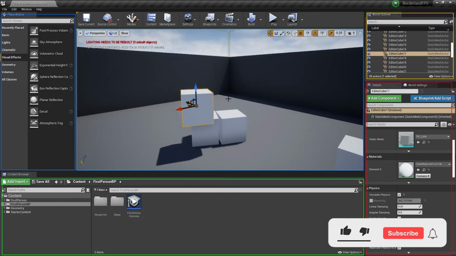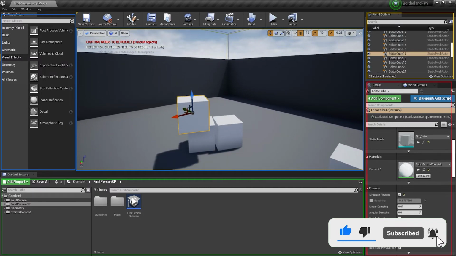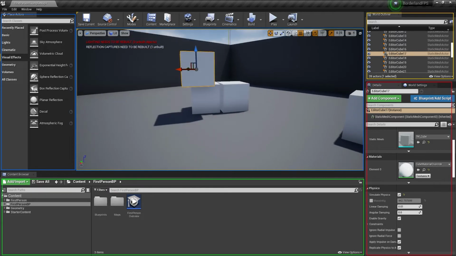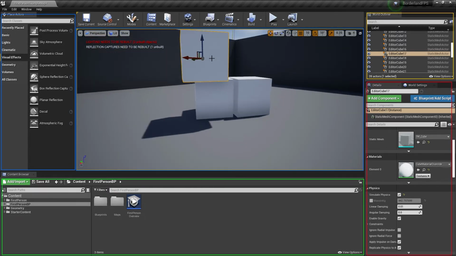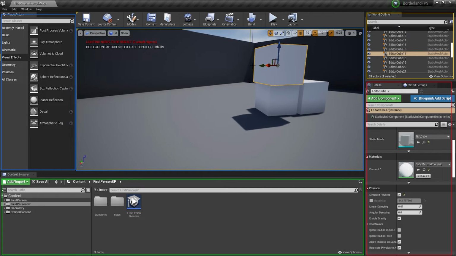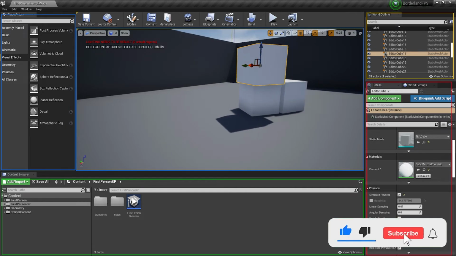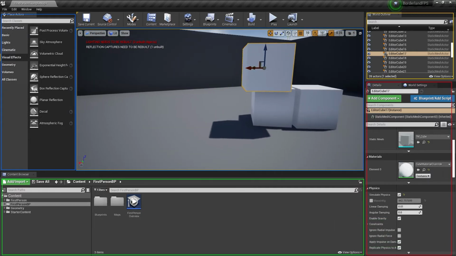If you want to move up and down, hold the left and right mouse keys and move up and downward. If you want to zoom in or zoom out, just use the mouse wheel. You can also use arrow keys. You can also hold the left mouse button and use the WASD keys.